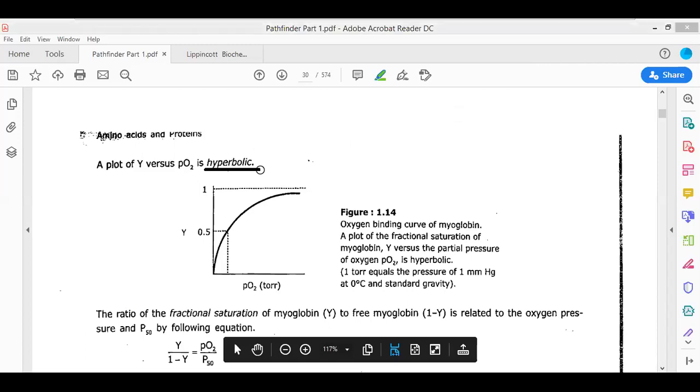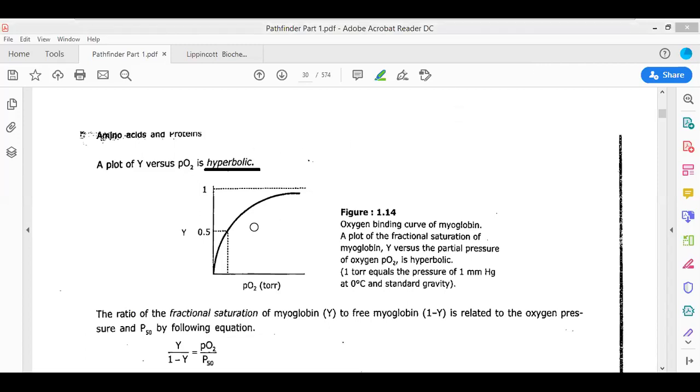Okay, thank you. So this is a hyperbolic curve. But see, there is a hyperbola and there is no end to this hyperbola. This line could be extended infinitely to far places. So there would be no end. So the scientists assumed, why not take a logarithmic curve? Because a logarithmic curve has an end.